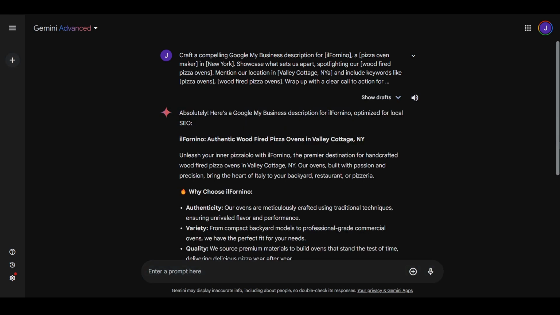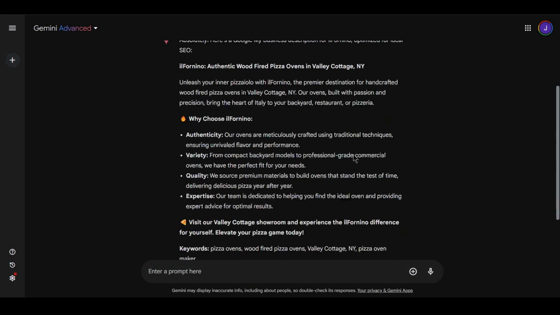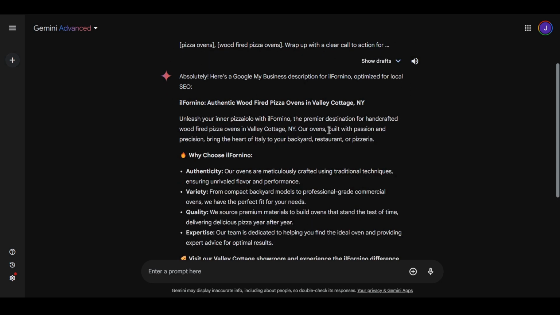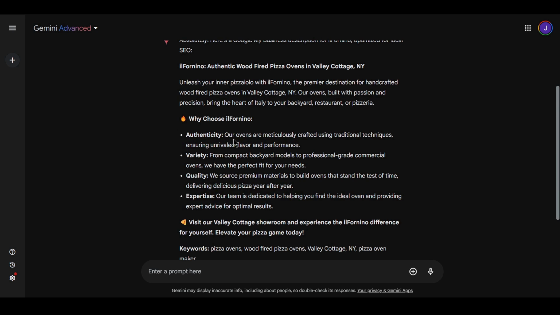So we've gotten our description, and I was just going through this. The AI has very nicely utilized all the information provided by me about this business. So we have the heading over here: authentic wood-fired pizza oven in Valley Cottage, New York. Okay, so we have the primary keyword and also the location in the title. Then under that, it gives us the description. Again, it very nicely includes the primary keyword, along with the location, and then it gives us a few additional